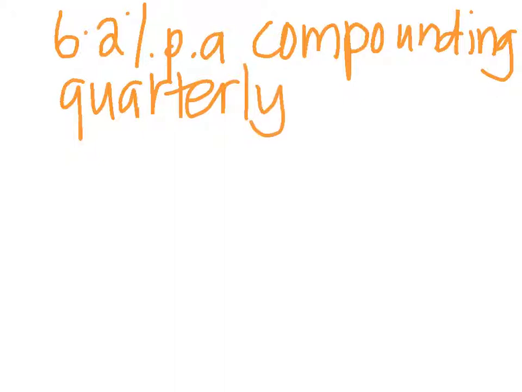So we're going to work out our I first, and then we'll work out our N. We're going to change this 6.2% into a decimal. So it's going to be